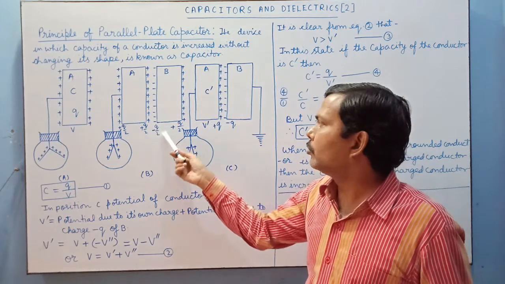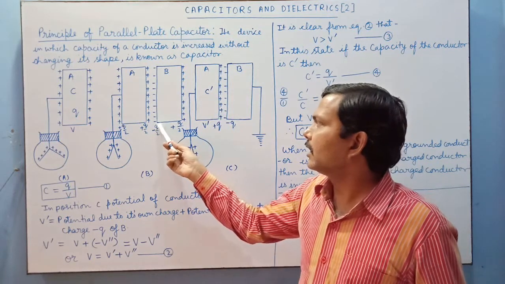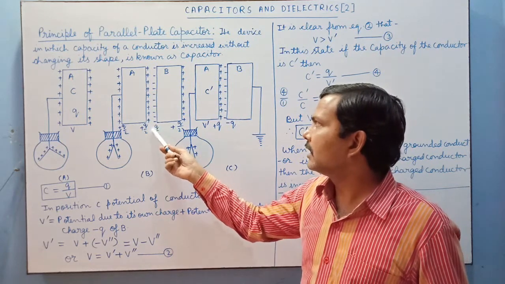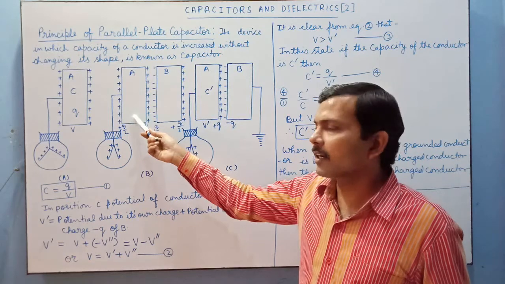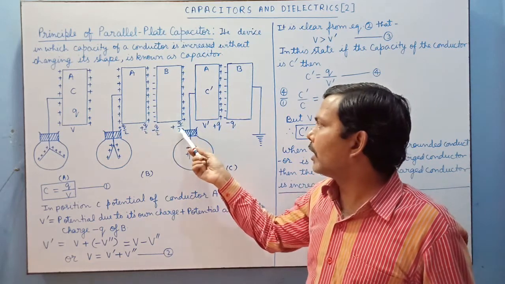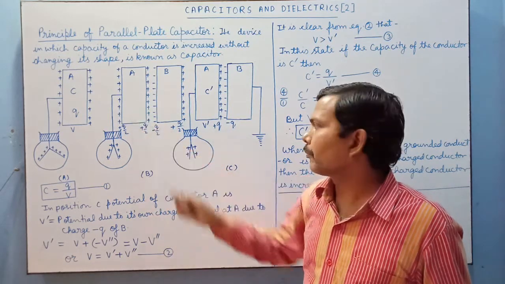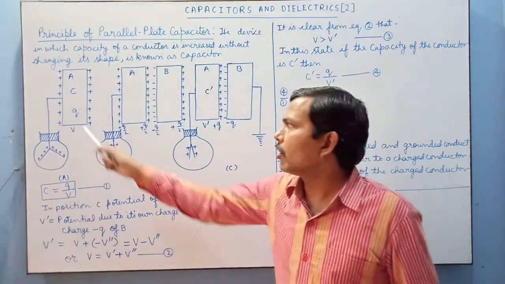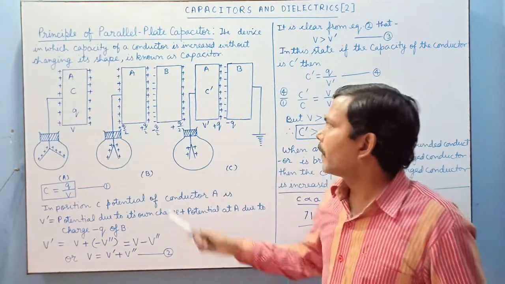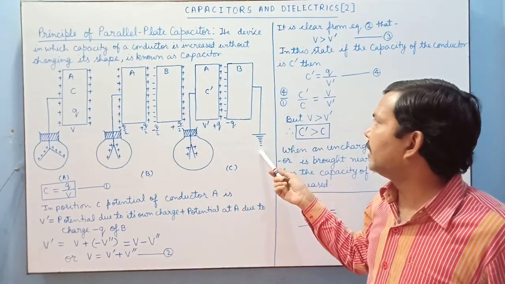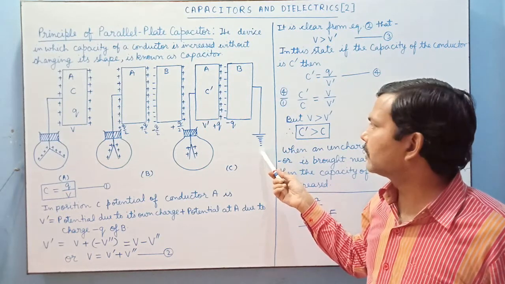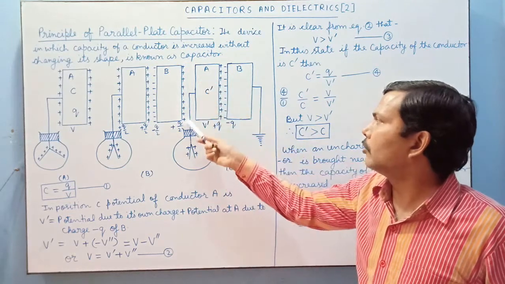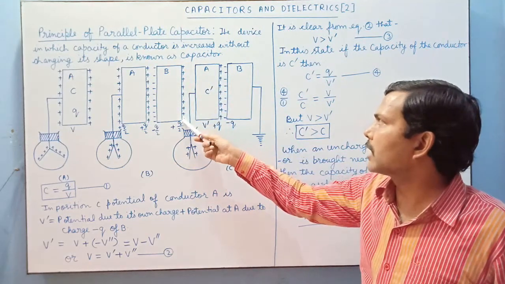Here minus Q by 2 charge is nearer to plate A, so the potential due to minus Q by 2 charge at A will be greater than the potential due to plus Q by 2 at plate A. So the net potential of A will be reduced in comparison to this case. Now if we connect the outer face of plate B to the ground, then what happens? Electrons come from the ground and neutralize the Q by 2 charge of the outer surface of plate B.